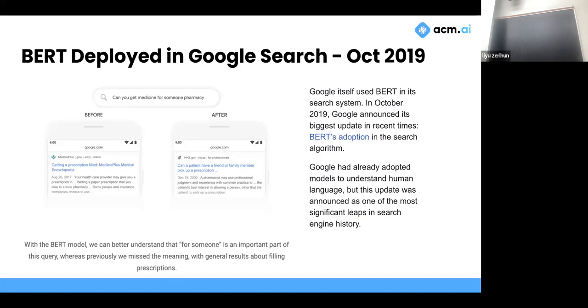But BERT actually was able to capture rich representation and encoding of that sentence right there. And it then allowed Google search to recognize, oh, you wanted it for someone. So the result is now, can a patient have a family or friend pick up the prescription? This was introduced in 2019, and as people said, it's probably the biggest leap in search engine history. It was employing large language models to understand natural language and encoding. So BERT, very cool, still used for a lot of things today.